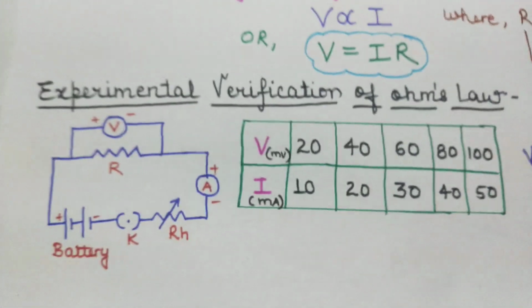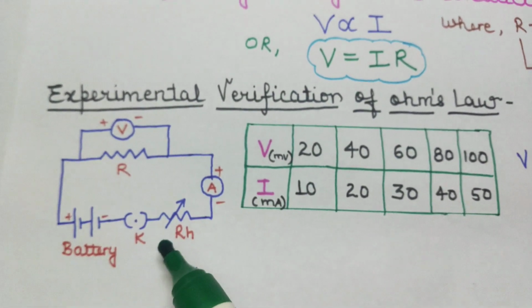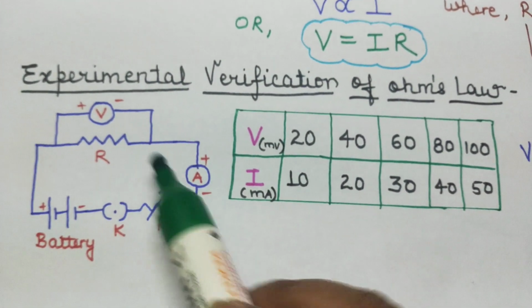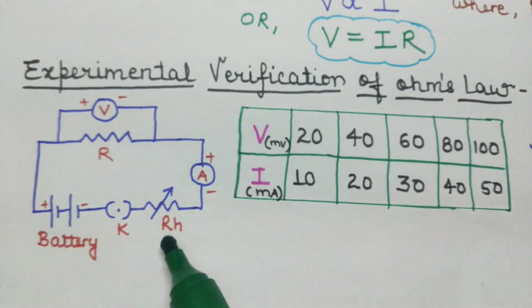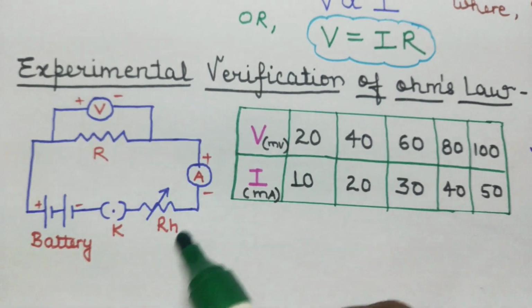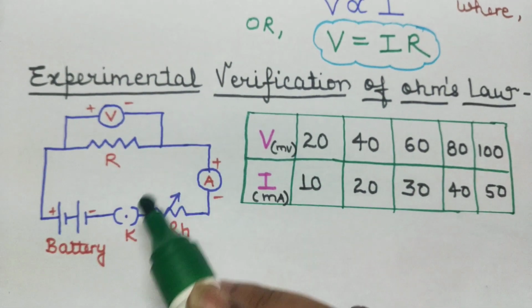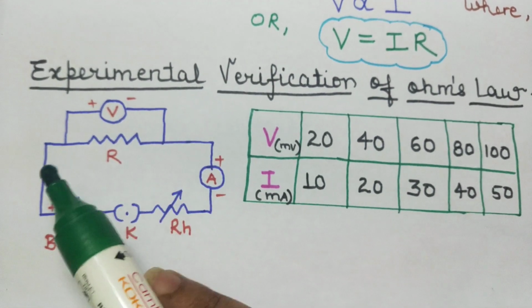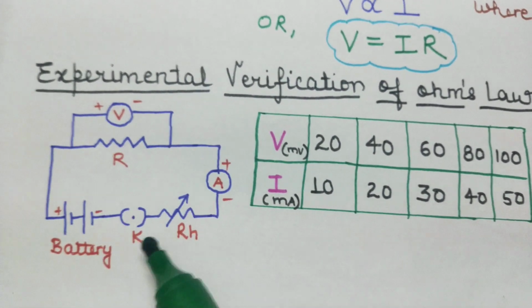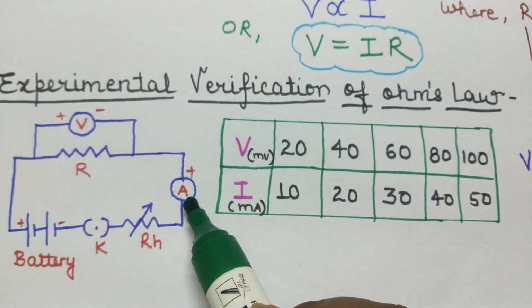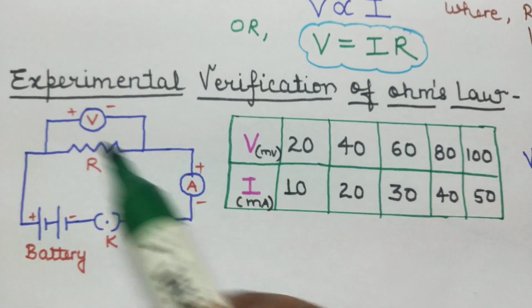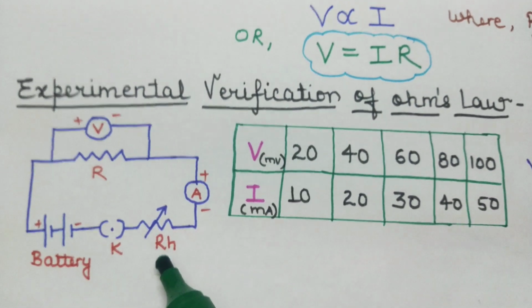Now children, what we used to do in this circuit diagram, we used to change the current. How? With the help of this rheostat. This is a device you all have seen in a video. From this we can change the resistance of the circuit, and the readings in the ammeter and voltmeter also change when we change the value.